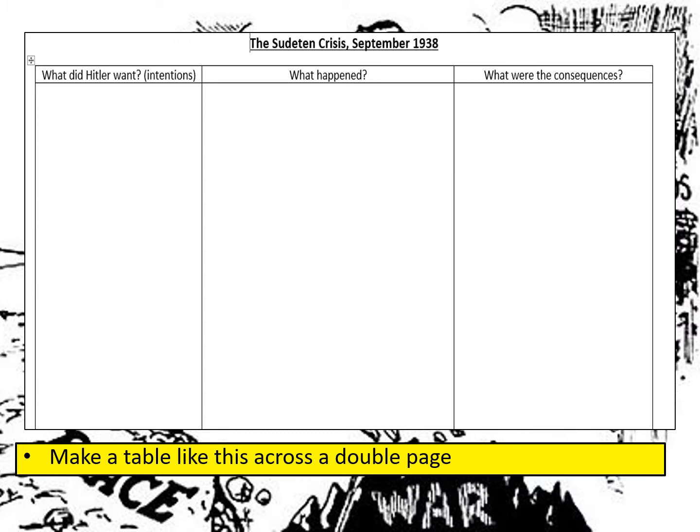Your job over these next few slides is to take a few notes. So what I would advise you to do before we get started is to take a double page in your exercise book if you have your exercise book with you. If not, have a piece of A4 paper or just do it wherever you can. And you're going to divide your book up into 3 parts. What did Hitler want? What were his intentions? What happened? Now, this is going to be the biggest section. You might want to make that the widest section in your table if you are doing it as a table. And what were the consequences? So they're the 3 areas that we're going to examine in today's lesson. So pause the video here and give yourself time to make something like this.